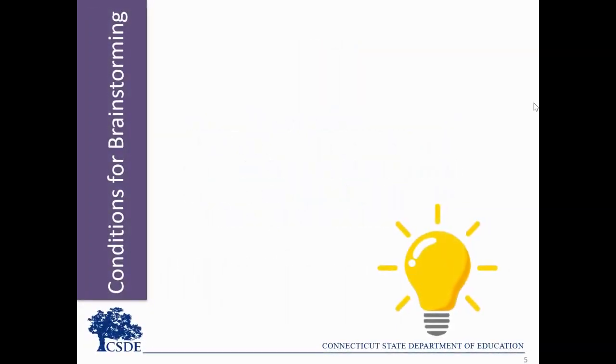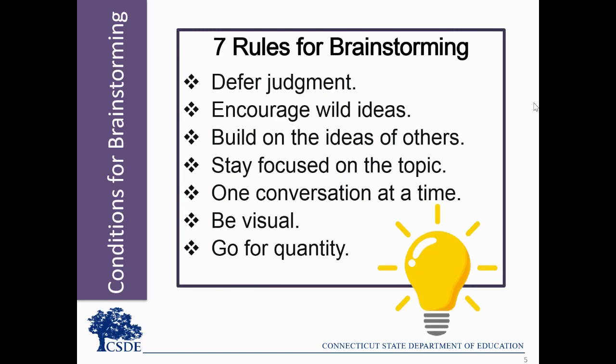Now let's consider the conditions that set the team up for effective brainstorming. First, as we said previously, invite a variety of stakeholders to the table and encourage everyone's voice. Having many perspectives will make the ideas and brainstorming richer with deeper insights. Set norms that allow everyone to step out of the box and think about the challenge in new ways. Here are rules for brainstorming included in the toolkit that will create a landscape for rich brainstorming. Leaders of the work should consider how, as a facilitator, you will ensure that all voices and perspectives are heard and contributing to the understanding of the factors that impact the challenges.